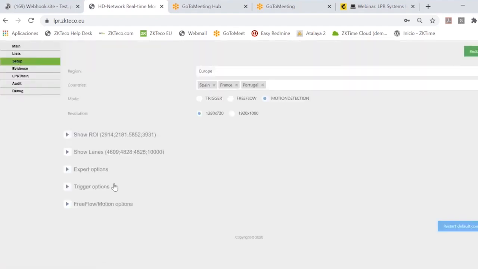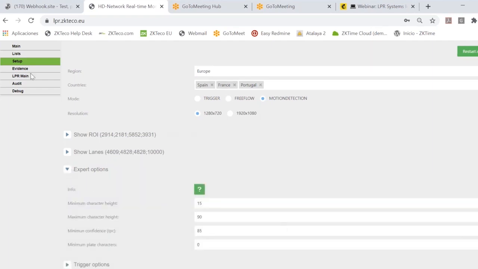So maybe another thing you need to control is on this submenu, setup expert options. After you select the region and the country you want to read, you need to make sure that this is the size of the license plate. For the first, my recommendation is to use, for example, the minimum of 10 pixels and the maximum,